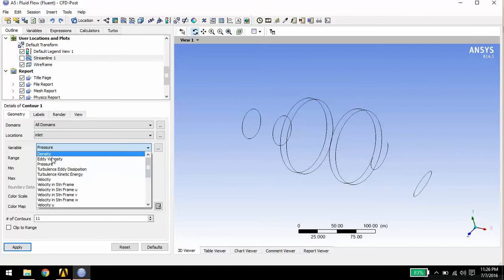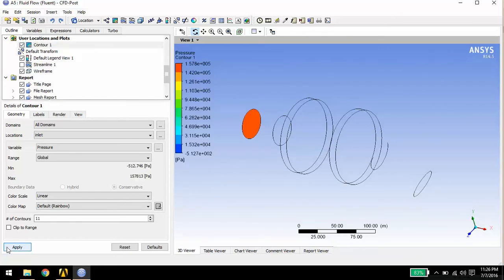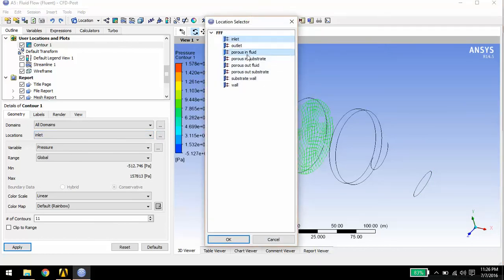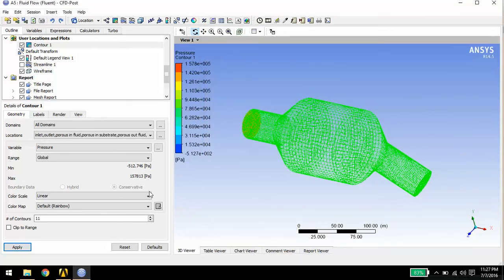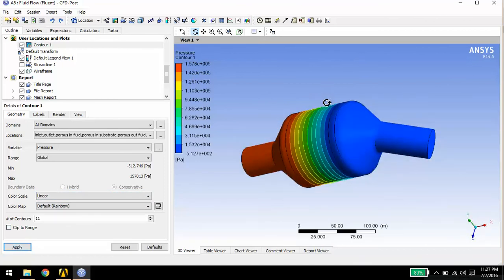Which contour you want to see, just select here. Let's say pressure contour, press apply, add. So here you can see.